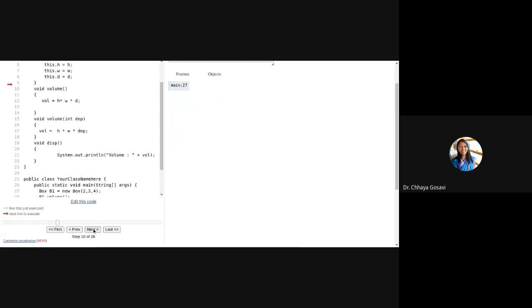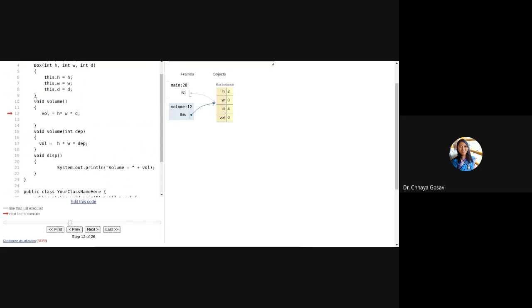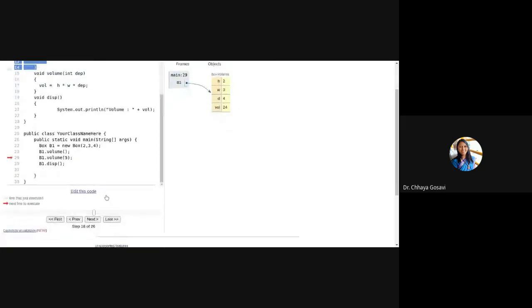So the object gets created, and now b1 is the object, and you call b1.volume, say line number 28 is getting executed, and it has called the volume function from line number 12. That means the first function, because the function you called without a parameter, and it has displayed.